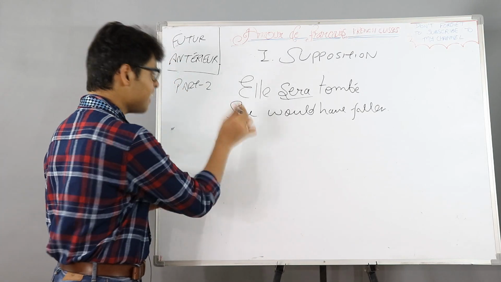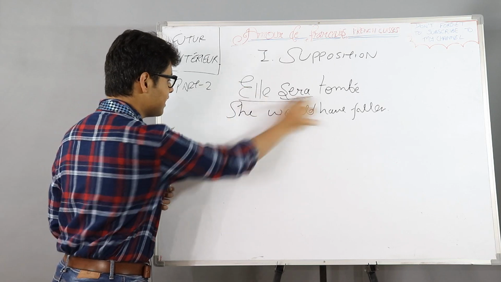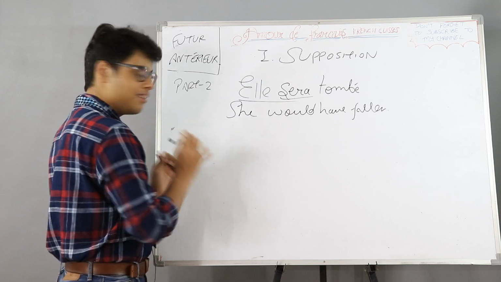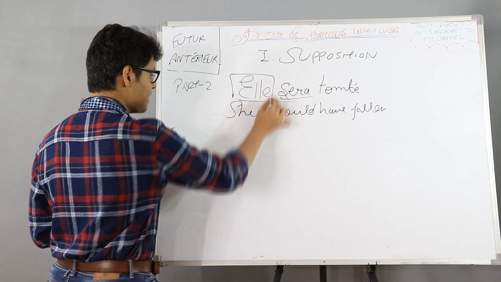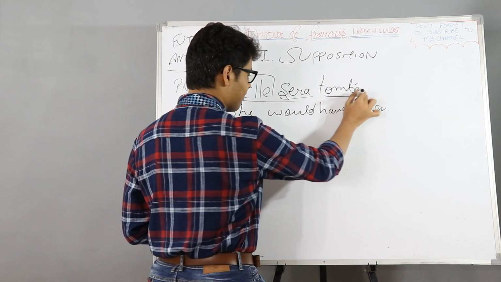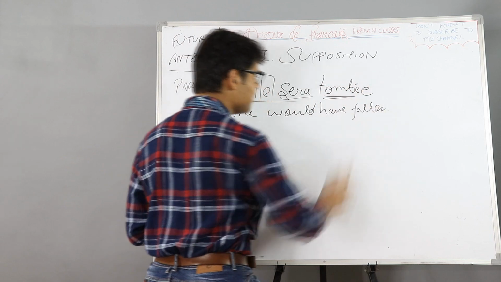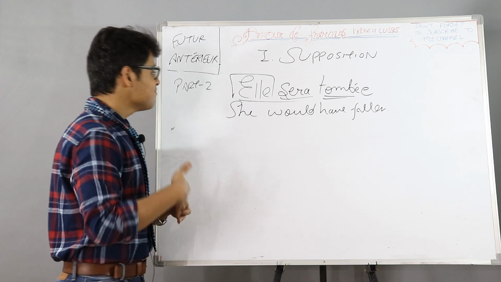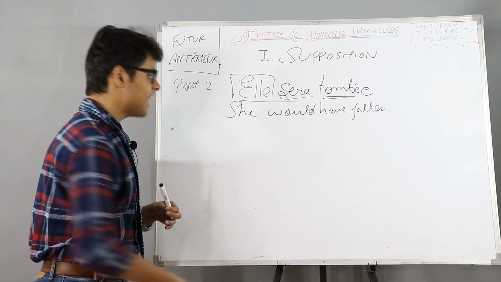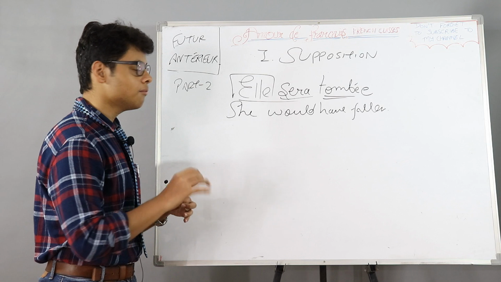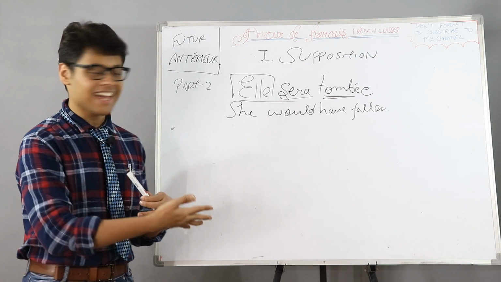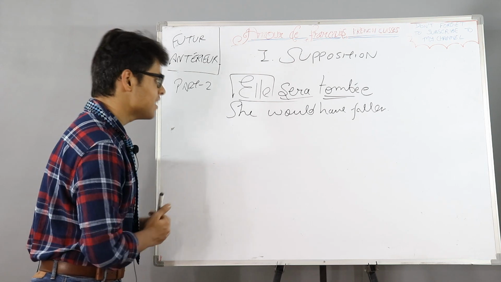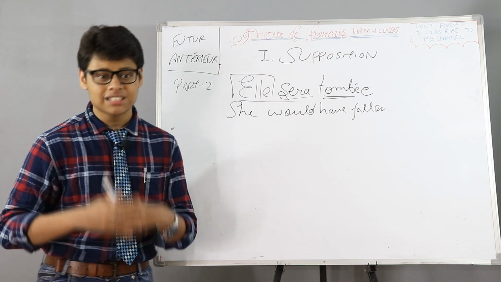And it's still not correct. This sentence, it's still not correct. What's the reason? Try to think of it. The reason is, elle is a feminine subject and for tombé, the past participle, we must add an e right here. Elle sera tombée. Futur antérieur with être is not correct without the agreement. Agreement has to be followed, it's a must.